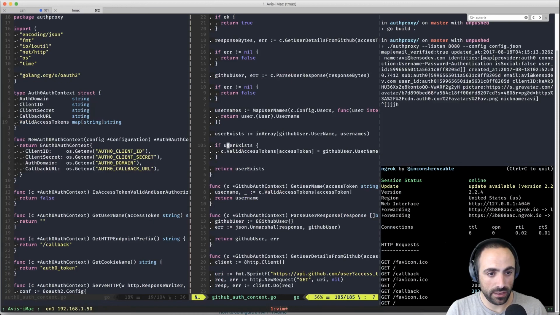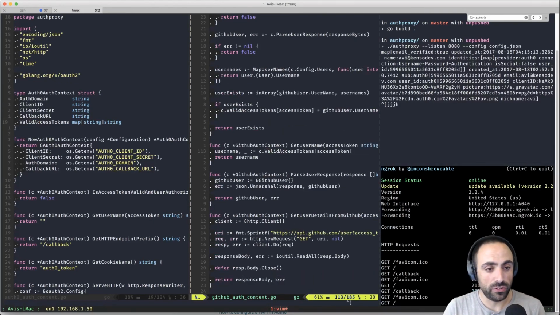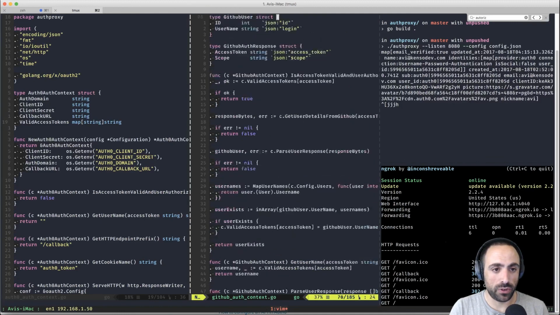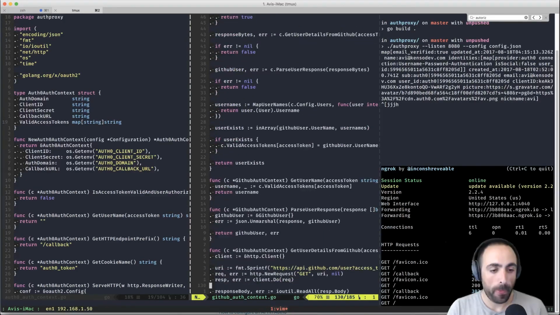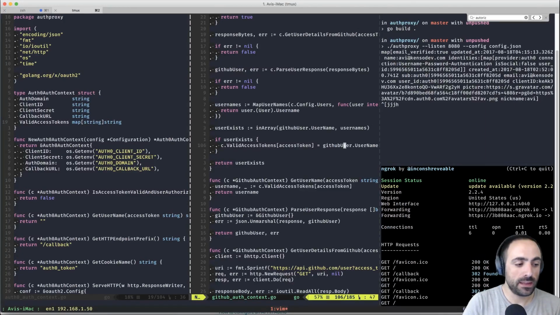And then here we store this. So user exists is in array GitHub user and username, and then usernames, which is a map of username of config.user, and then we return the user, which is the GitHub user, which has an ID and a username. Okay, I get it.